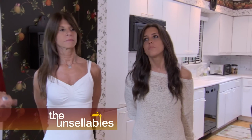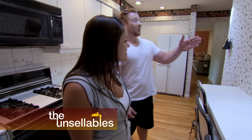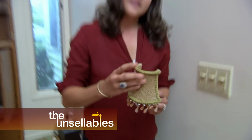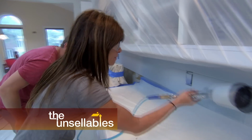Lauren and her daughter Taylor can't sell their house. Dated design, wallpaper and more wallpaper are leaving buyers unimpressed. It's pretty hideous. And that's just part of the problem. Air freshener lampshades. So with a budget of $5,000 and some clever staging and design tricks,